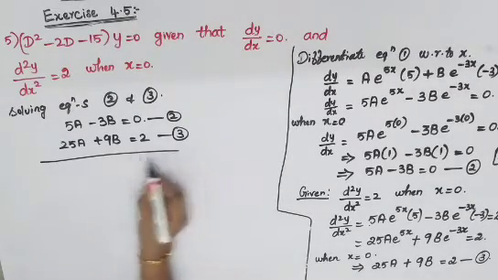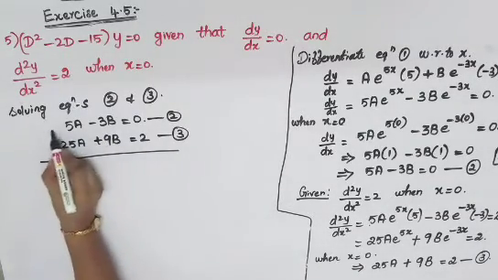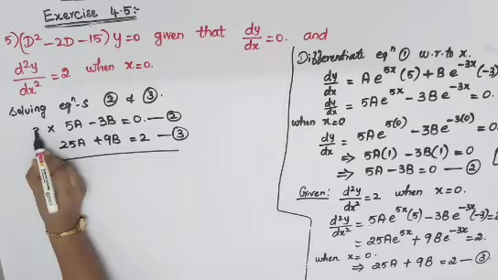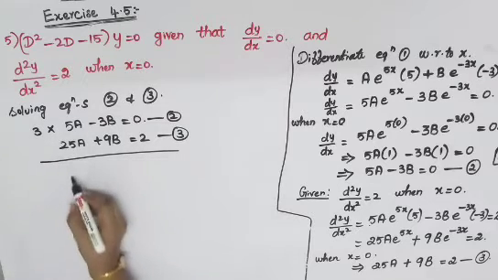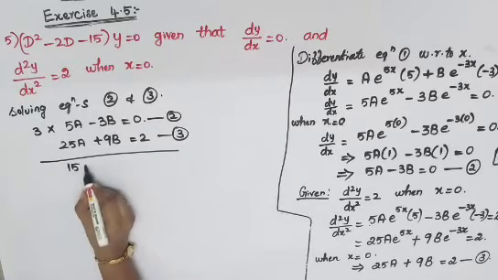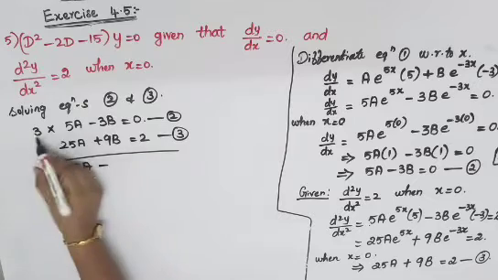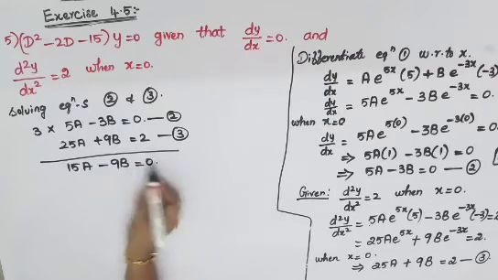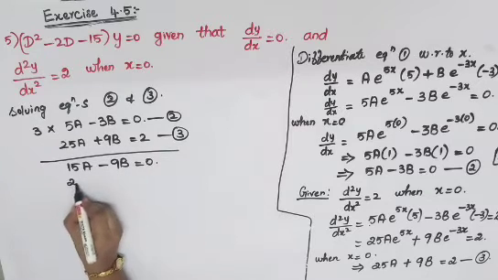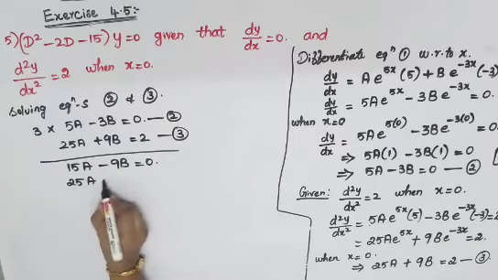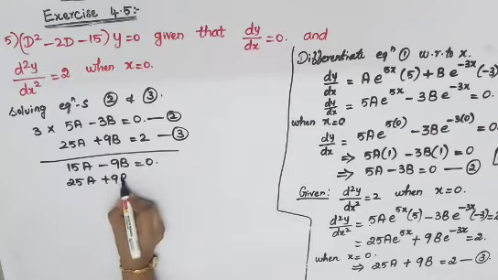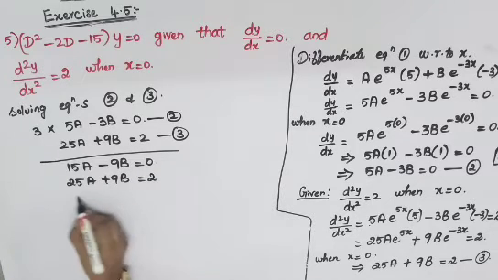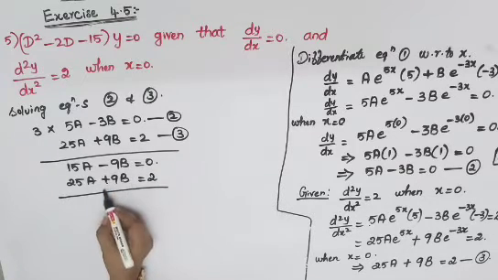So what I will do is, I've got 9 here. So just multiply this second equation by 3. So I'll get it as 3 5s are 15a minus 3 3s are 9b which is equal to 0. Now write your third equation as it is. 25a plus 9b which is equal to 2. So now minus 9b and plus 9b is there. So you can cancel it.